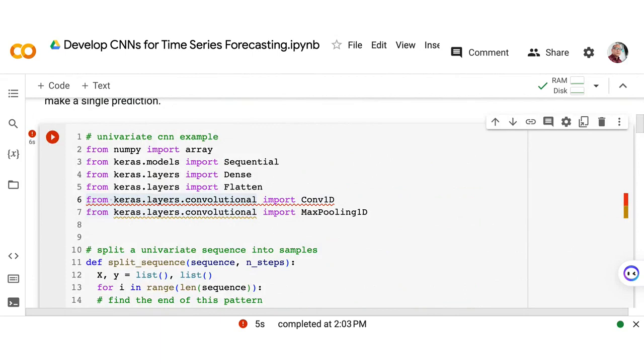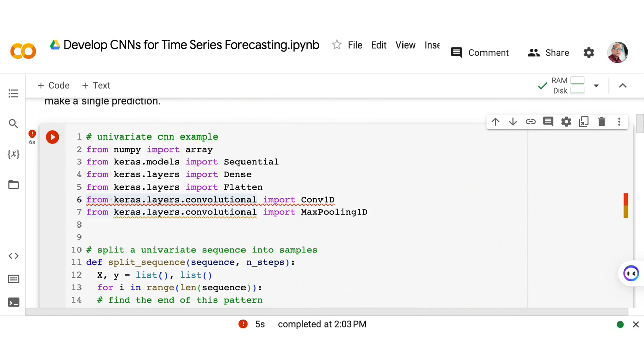So let me see. Let's just see what the much preferred code is that we can use.